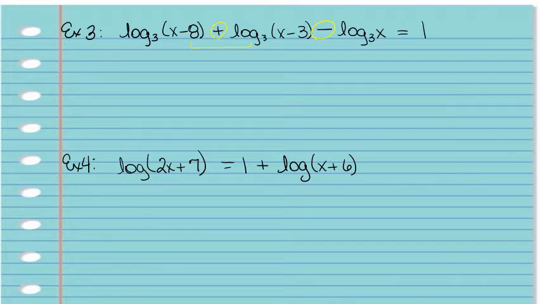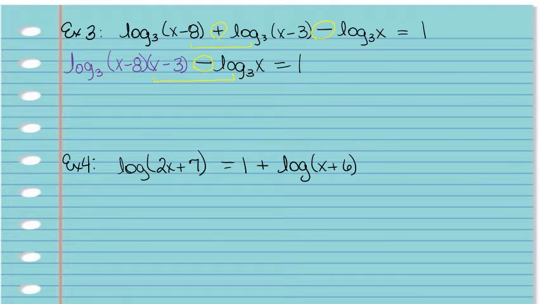So that's going to create log base 3 of x minus 8 times x minus 3. And then we have the minus. Okay, so now the minus is going to condense these 2 into a division so that we have,